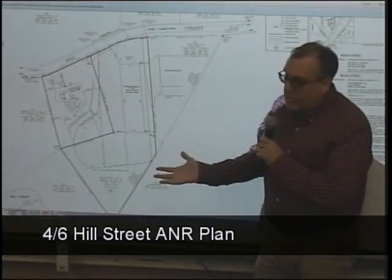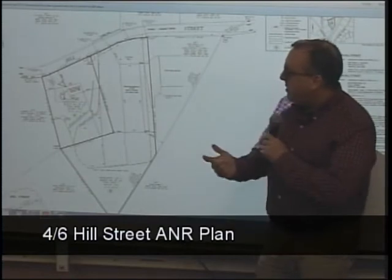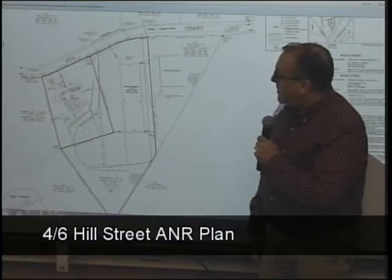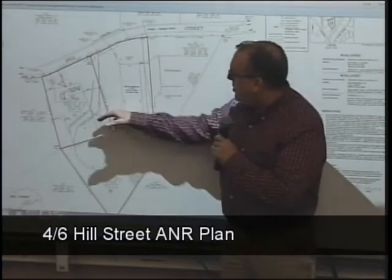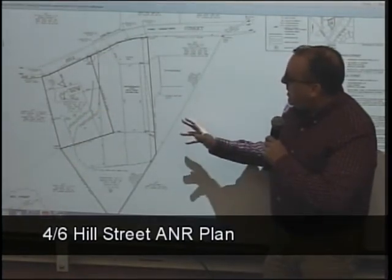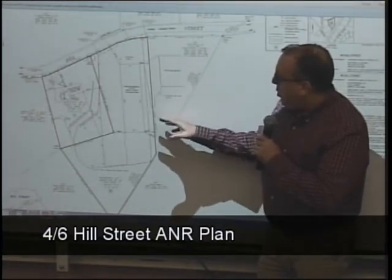It doesn't say excluded. Subsequent deeds to Mr. Hunter individually has a, and HE, is it HE? I forget what it is, but HE excludes 4 Hill Street. Mrs. Gould acquired